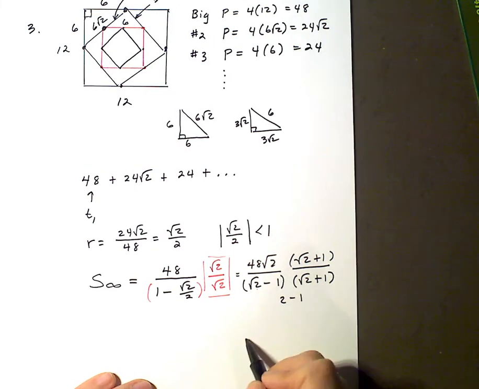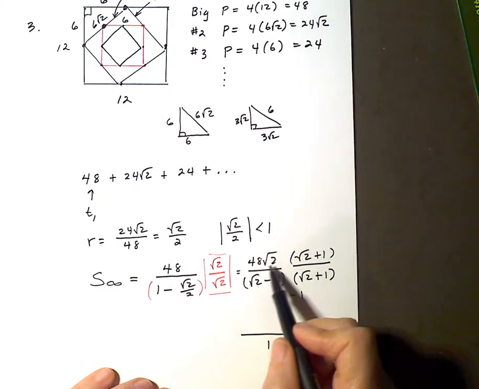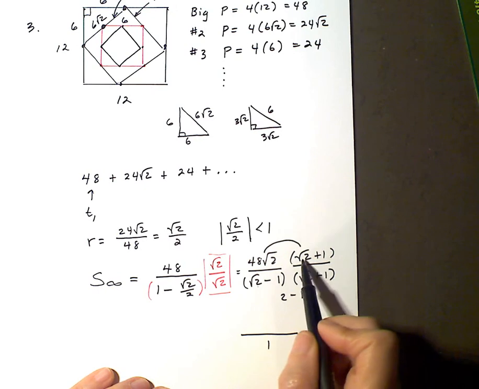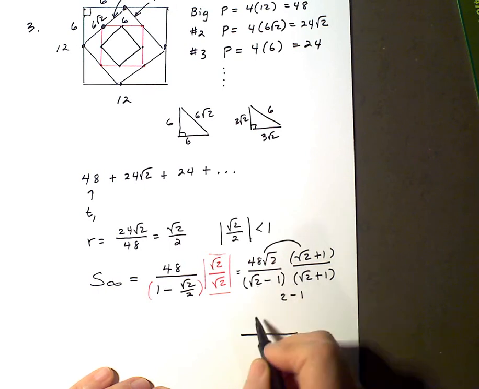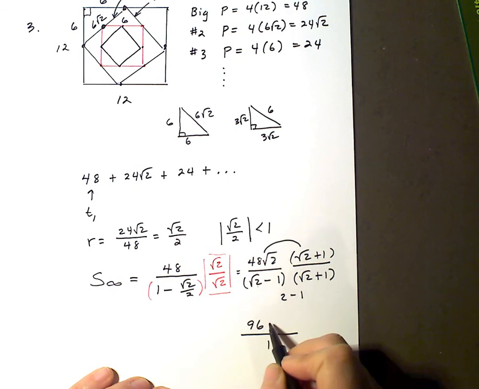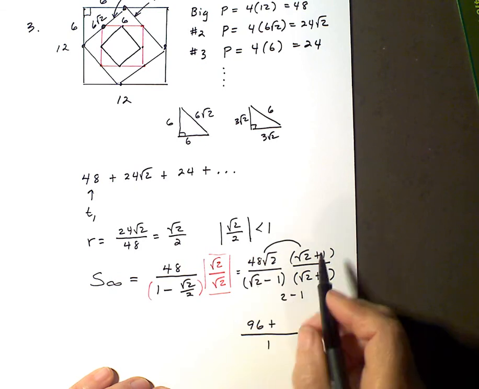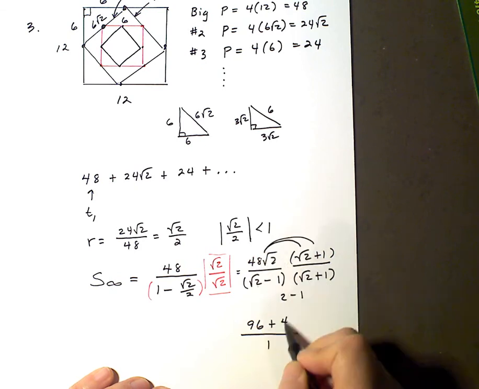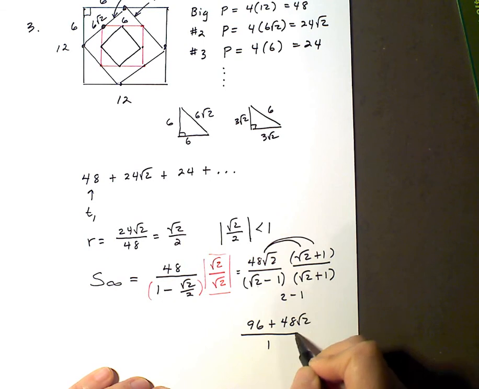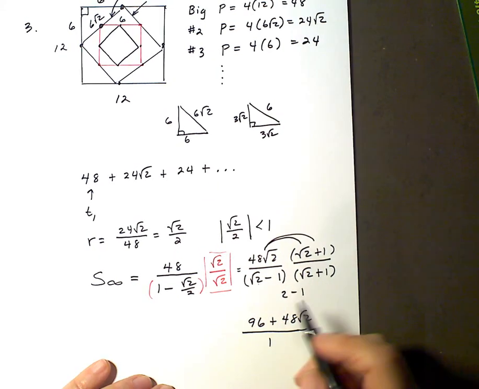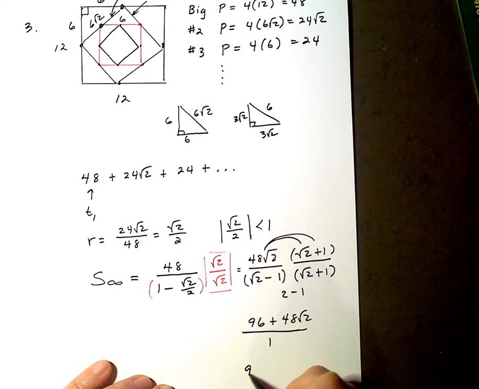So the denominator is just a 1. And the numerator is 48 root 2 times root 2. So root 2 times root 2 is 2, times 48 is 96. Plus 48 root 2 times 1, which is just 48 root 2. So it looks like the perimeter would be 96 plus 48 times the square root of 2